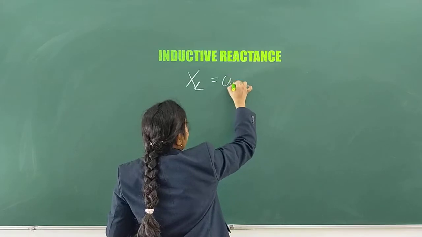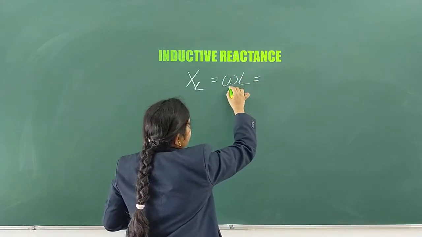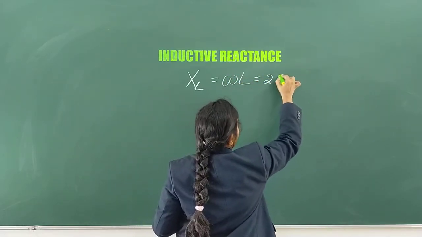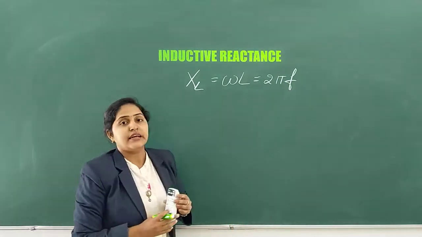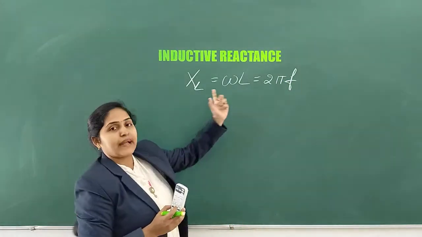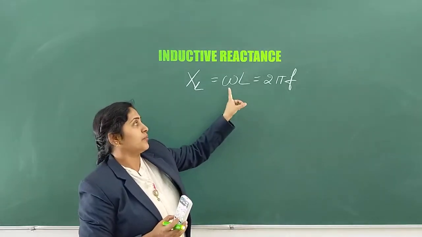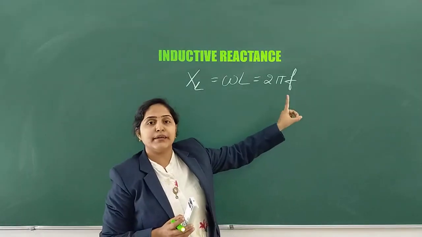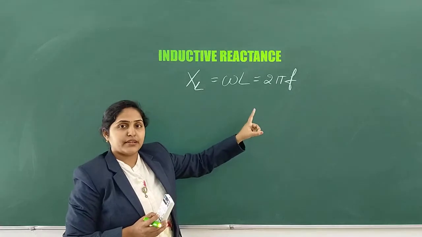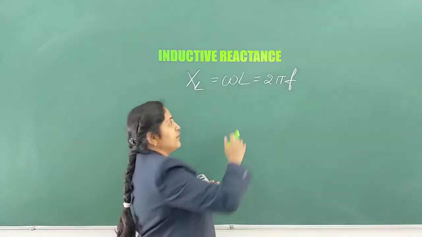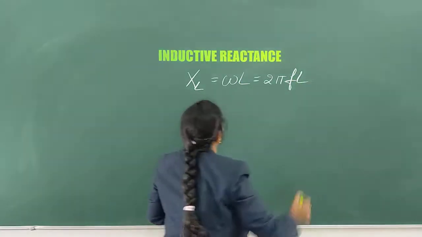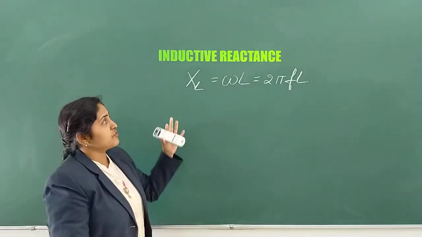It is nothing but omega L, where omega equals 2 pi F. You know the relation between angular frequency and linear frequency: omega equals 2 pi F, or 2 pi mu, since F can also be written as mu. So XL equals omega L, nothing but 2 pi F L, and this L remains the same. So 2 pi F L is called inductive